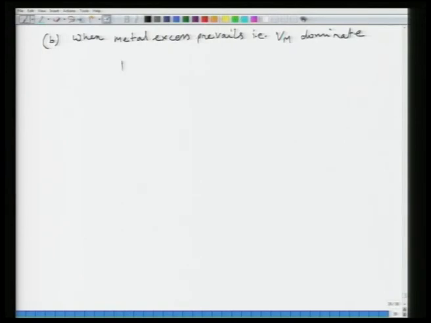In such a case, the reaction can be written. So we will not spend too much time in writing reactions now, because we have already understood how to write a reaction. So here your metal, now here, sorry, I am a little wrong here. Here Mi dominates. Metal excess would be Mi, not Vm. So apologies for that. So Mm plus Oo gives Mi